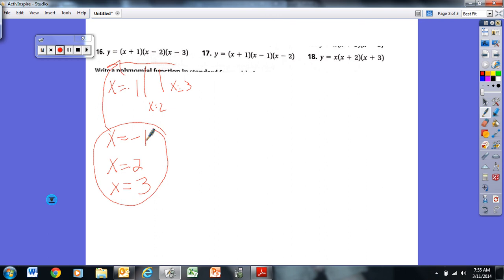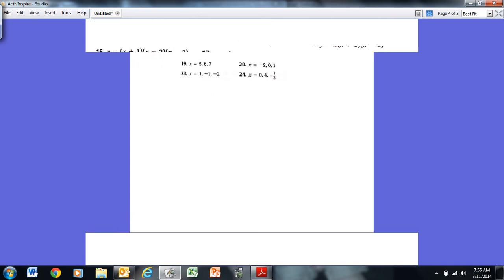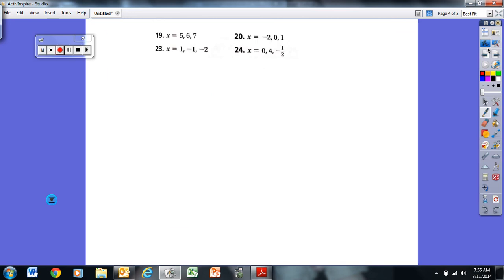So think about what we did to get these as the roots from these factors. And again, here, this would be x equals negative 1, x equals 1, x equals 2. Here we would have 0, negative 2, and negative 3. So now what we're going to do is write, the directions are, write a polynomial function in standard form with